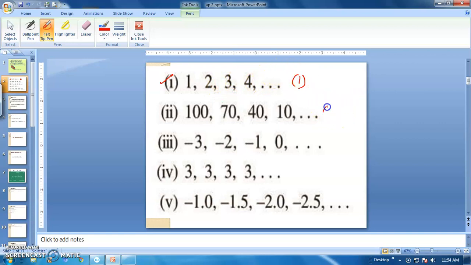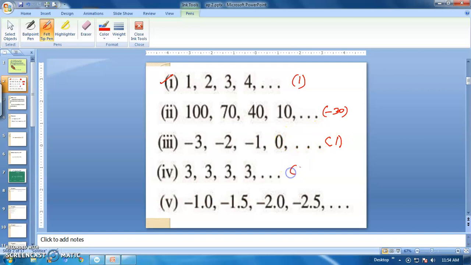So here it's nothing but minus 30. So if you want the next term, we have to add minus 30 to the previous one. So every term is obtained by adding minus 30 to the previous one here. So the common number is minus 30 here. And similarly here, we obtain any one of the numbers by adding 1 to the previous one.